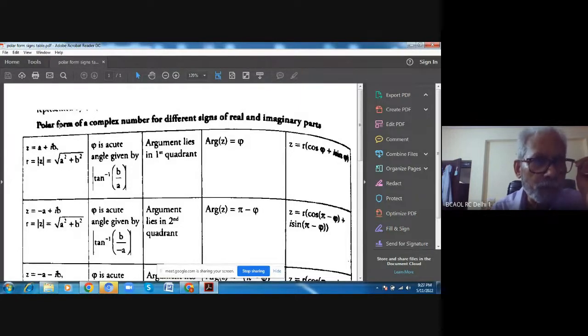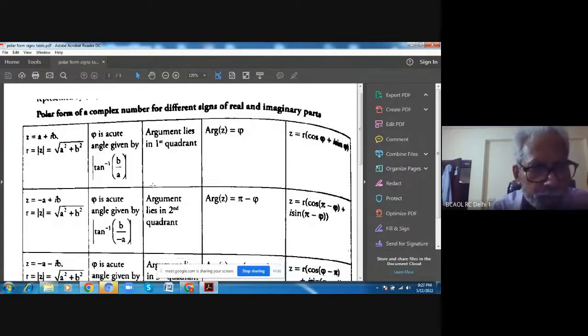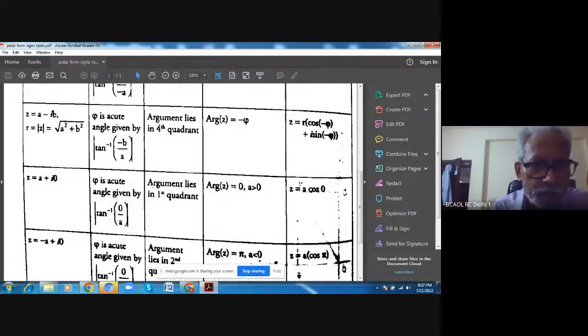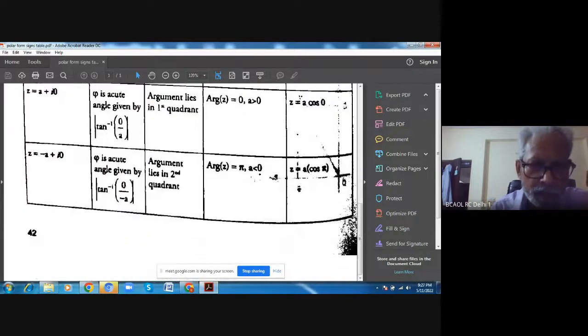It's only for the polar form. Nowadays the polar form is coming very less in complex numbers, but it doesn't mean you can skip it, because it is within the syllabus. So you should do at least one or two polar form examples. That time this chart may help you. Okay, so I will upload this chart and you can share it along with the students. So this way this chapter is